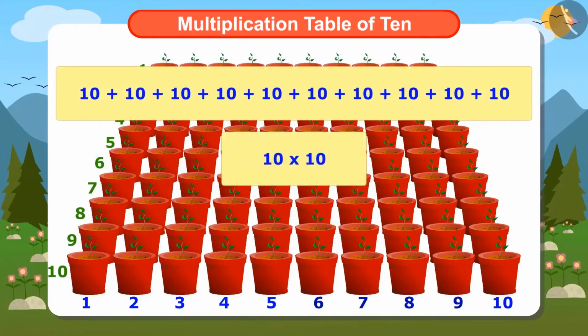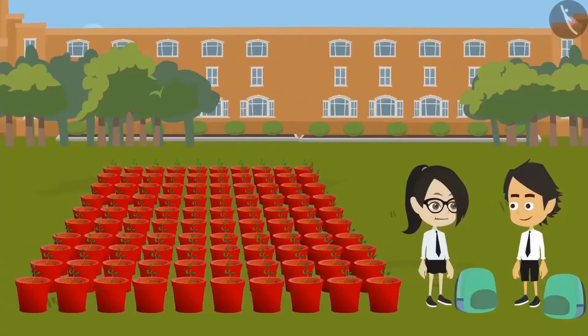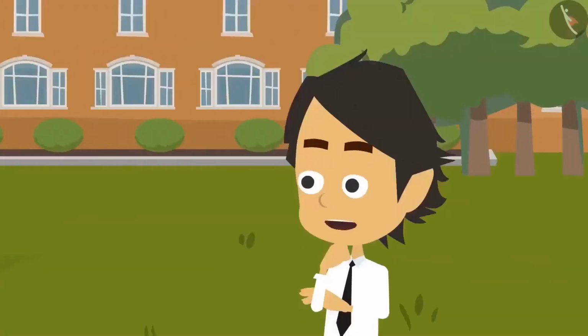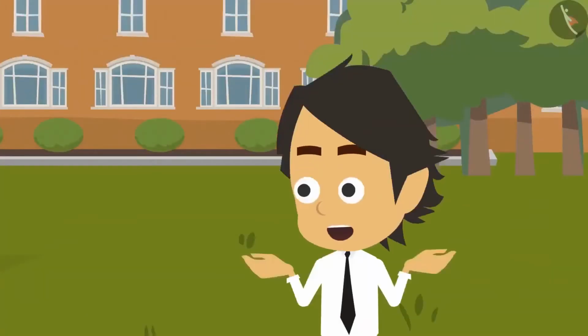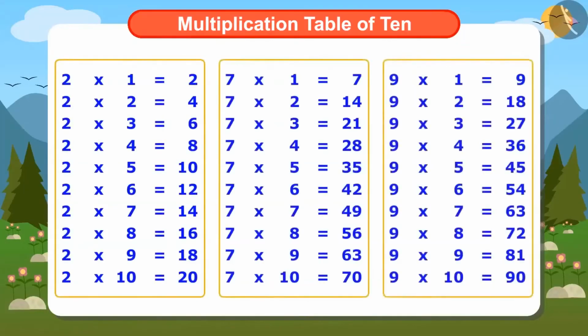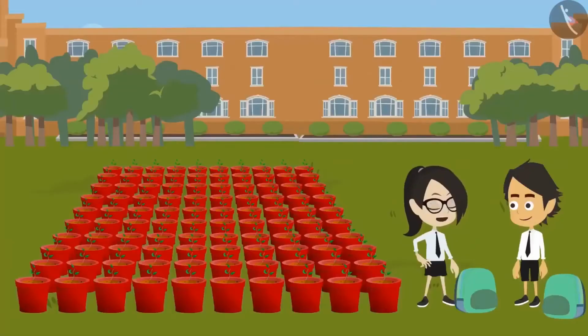To know this, we use the multiplication table of 10. 10 times 10 is 100. So I said that a total of 100 plants are kept here. How did you learn the multiplication table of 10? In the same way as we wrote the multiplication table of 9 by adding the numbers of two small tables. Similarly, I found the multiplication table of 10 by adding the numbers of two small tables. If you want, you can also find the table of 10 from two small tables.